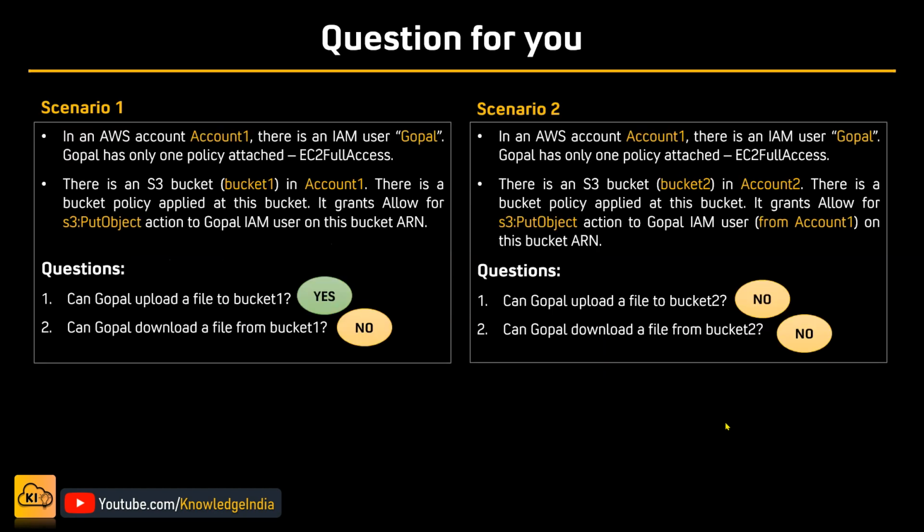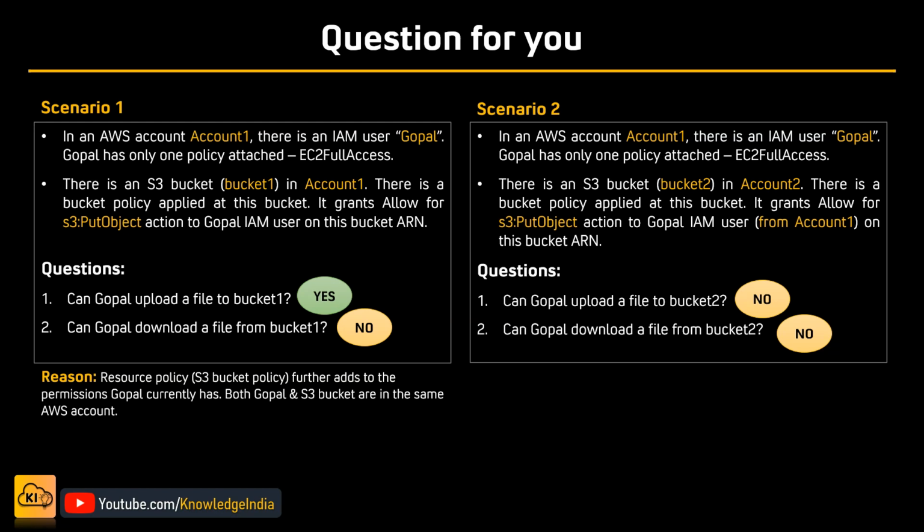Coming back to the question which we discussed earlier, in both scenarios, scenario 1 and 2, download will not work, right? Because S3 get object has not been granted anywhere. So that's why download will not work. That's understandable. But why is Gopal able to upload a file when the bucket is in the same account, but not able to upload the file when the bucket is in a different account? The reason is, in the first scenario, the resource policy, basically the S3 bucket policy,